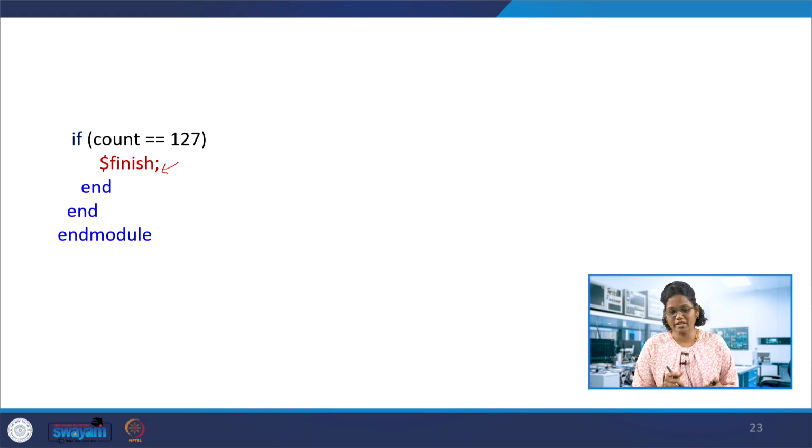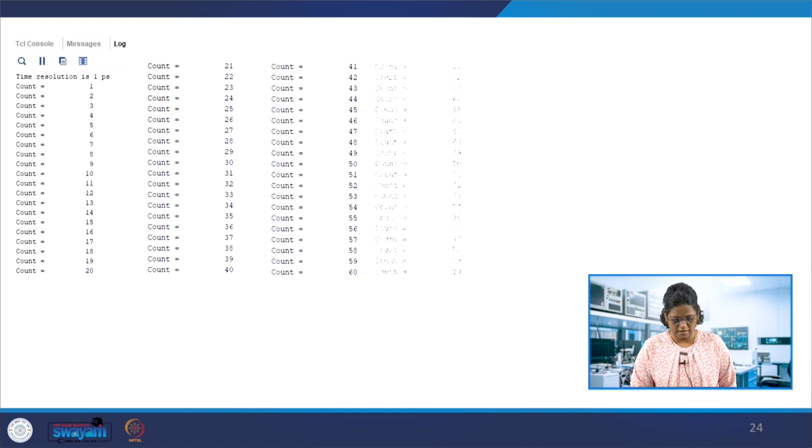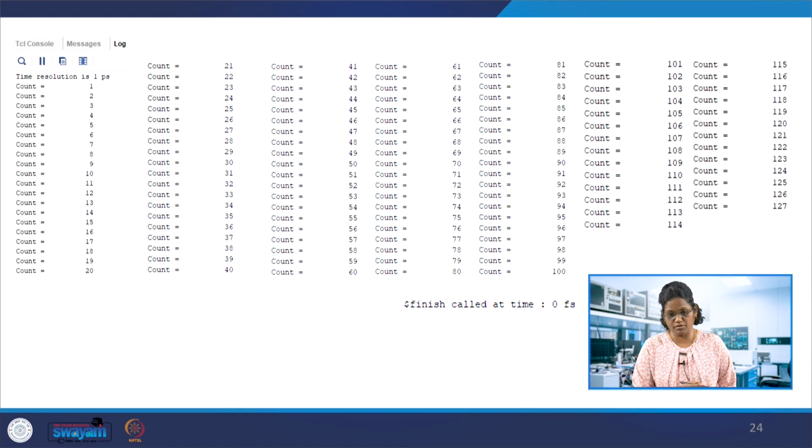Like this is for one cycle of the count, that is 0 to 127. So in all these examples we have taken the condition to stop at 127 and start from 0. The output is similar to the previous cases, but because we have used the $finish, it stops after 127. So this is the output printed in the log file. With this, the different loops can be used for counter design.